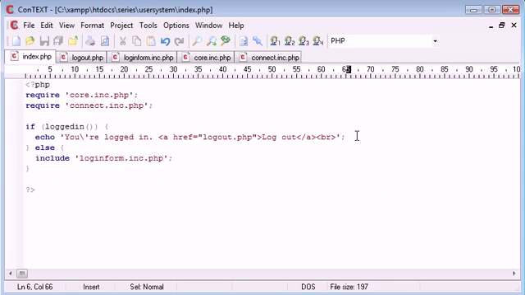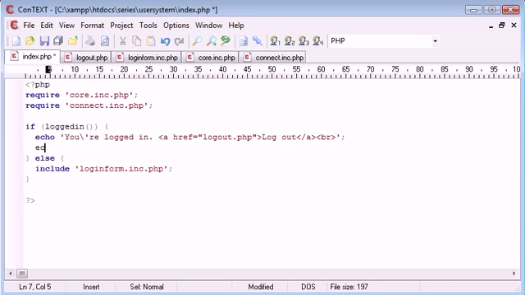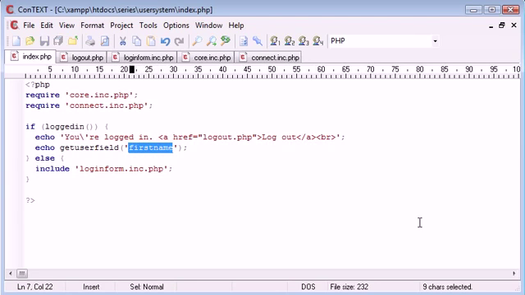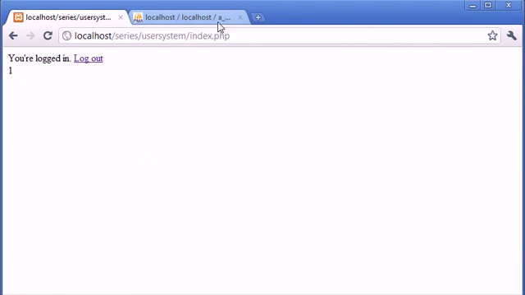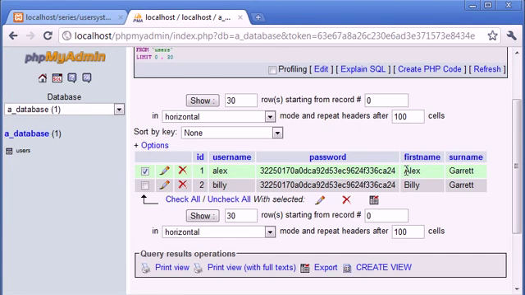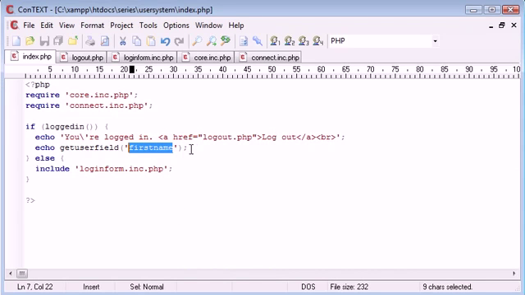Let's say, we'll just do it down here for now. So I'm going to echo get user field, and I want to get first name. So we're applying now the field name that we want to get. Remember, the field name first name will be equal to Alex in this case because we're selecting from where the ID is 1. Okay, so let's test to see if this works, and then we can apply it to this